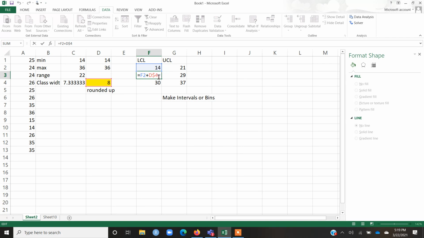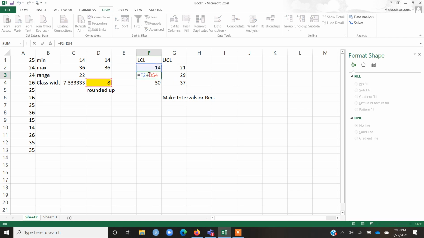I have used the $ sign here so that once I copy this from this cell to the next, the reference will remain 8. You can try doing it without the $ sign and you will notice what sort of anomaly is observed. Anyhow, so the last cell plus this cell along with the $ sign, and then I press OK.